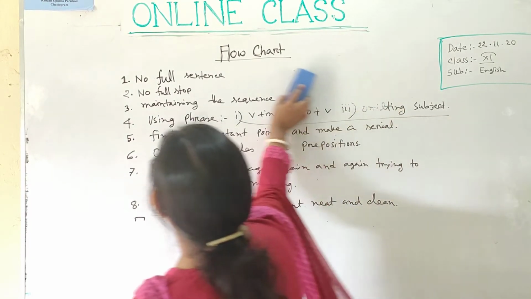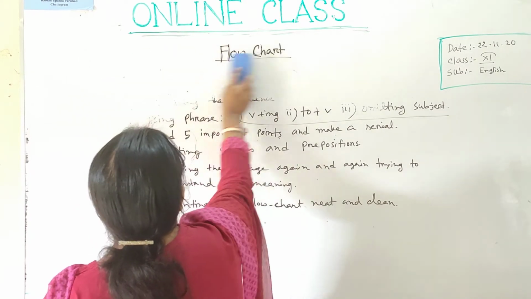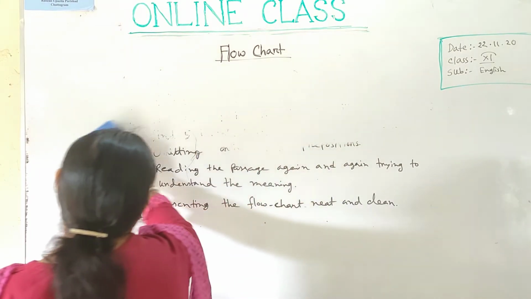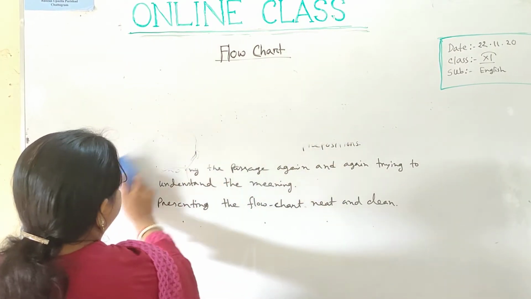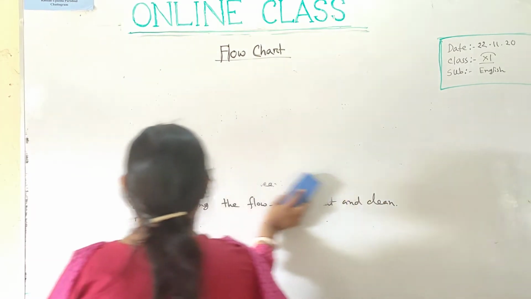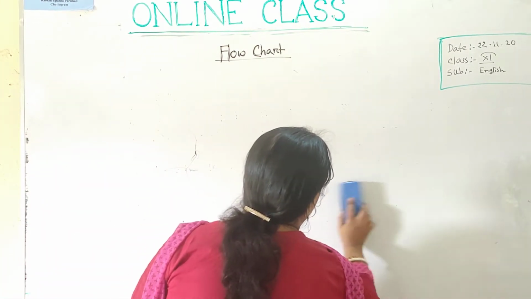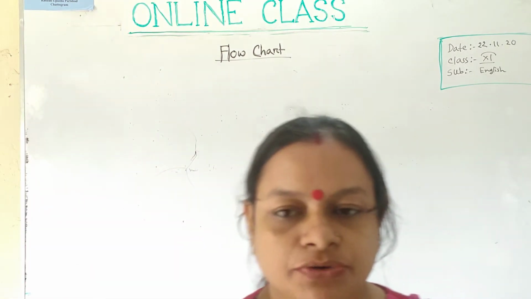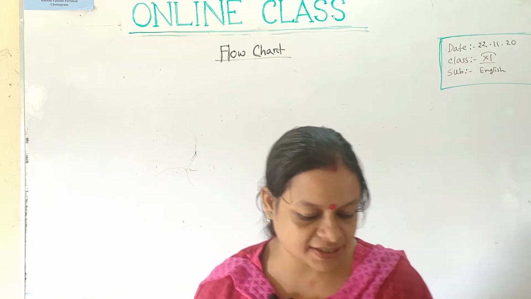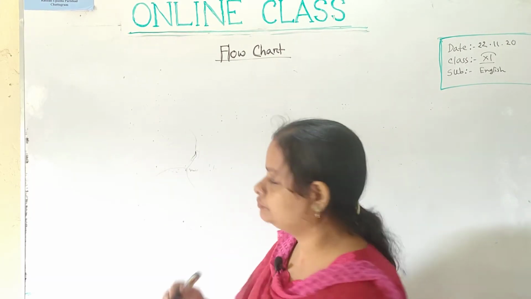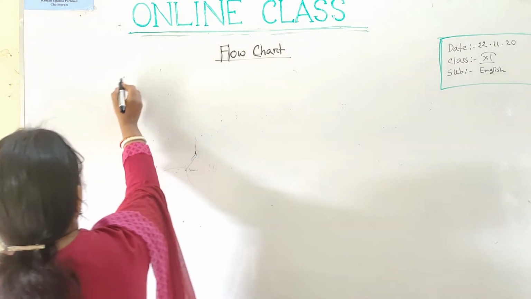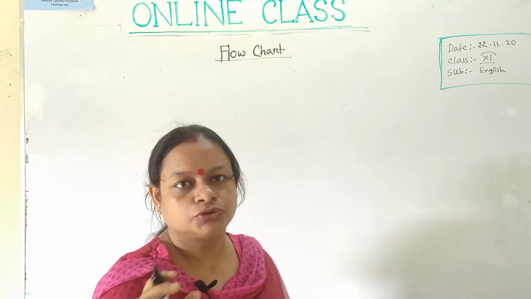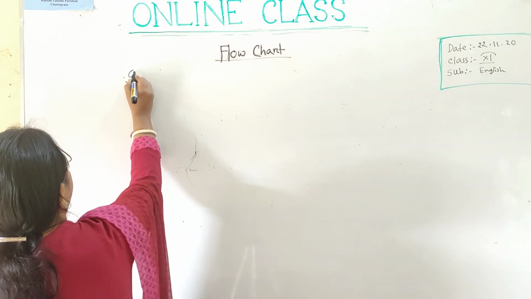Now, I am showing you how to make a flow chart on the basis of the passage diaspora as I discussed the passage in my previous class. Those who have books before you, open page 109 where the passage is given. For example, we have to notice the question from the following. If the question is,